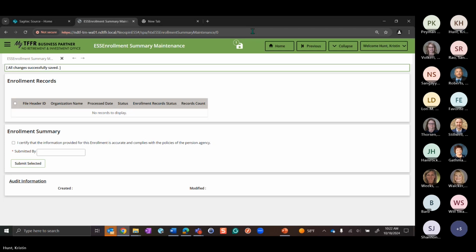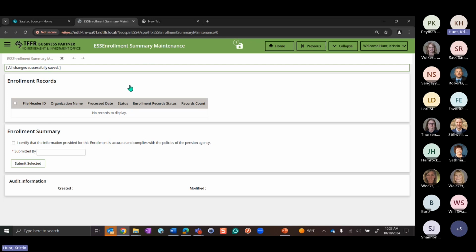Okay. If there isn't, before I move on, I want to show the manual way of creating an enrollment record. So you have the option, like maybe you have a one-off, and it's just easier for you to go in and you don't want to upload the file. You just have one record, one new teacher that started in the middle of the year or something, and it's just easier for you to go in and do it. There is an option for you to do it manually.